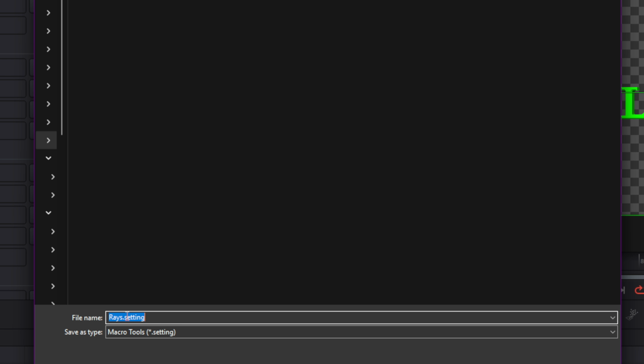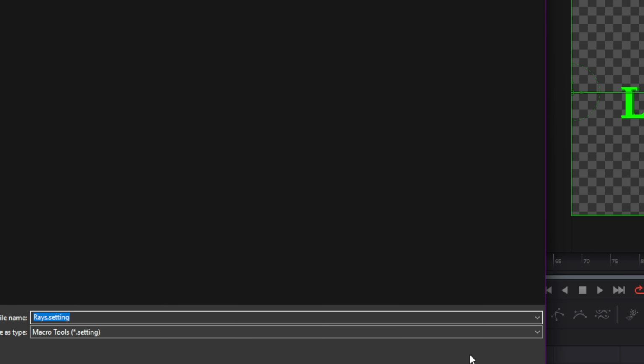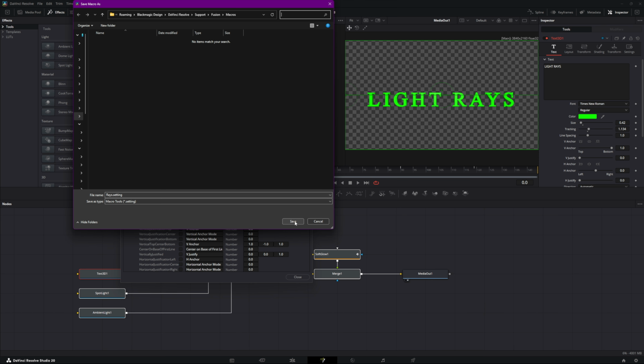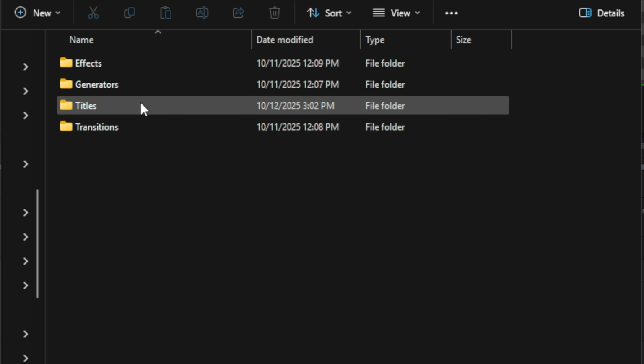It's got the names that you changed in the beginning, and it's a .setting file. And with that, you are now going to go in and just hit save. That will save your .settings file, and now you can close this. So once you have all of that together,